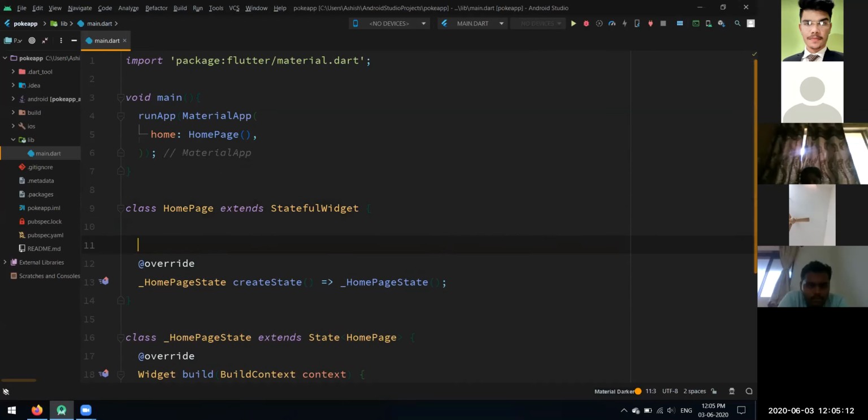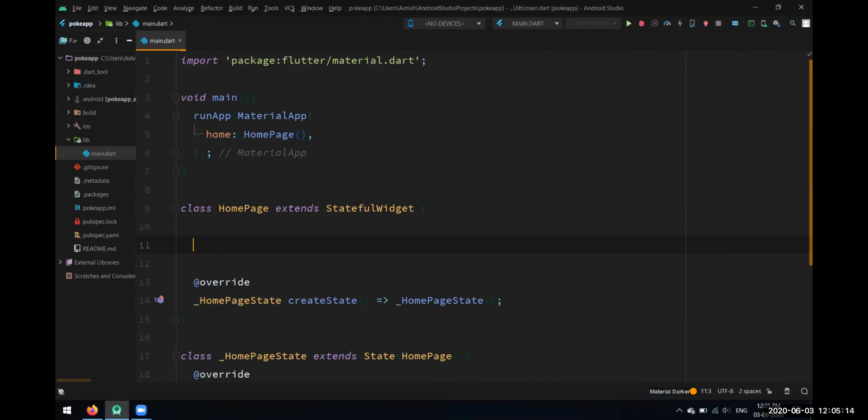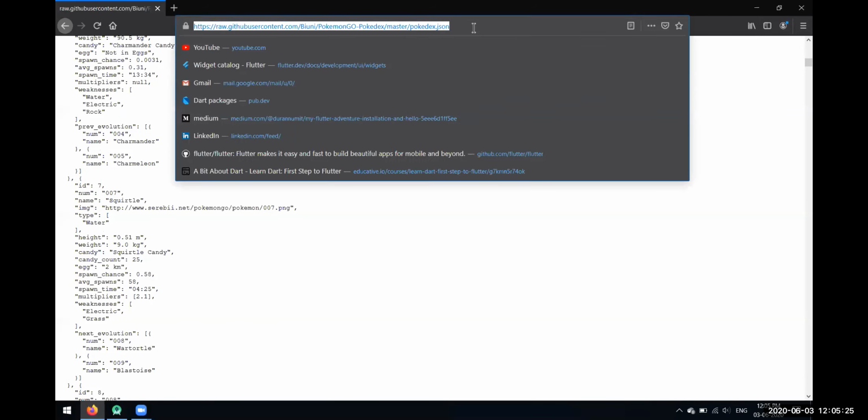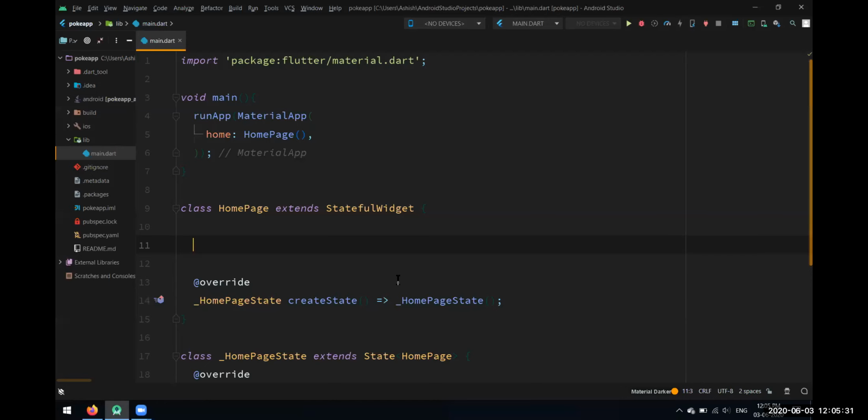So the first point, what we have to do, we are going to hit that API. I just tried out that API in my browser, so I got this data. So let's just copy this URL and use it in our app. I'll copy this URL and make a variable with the name url.